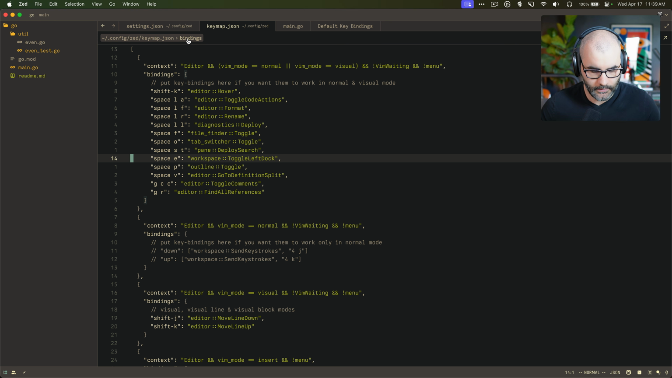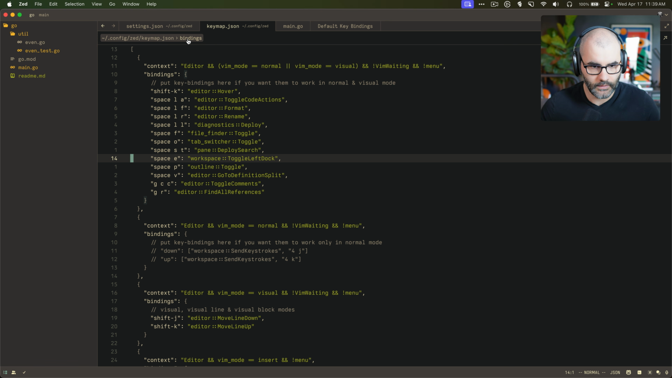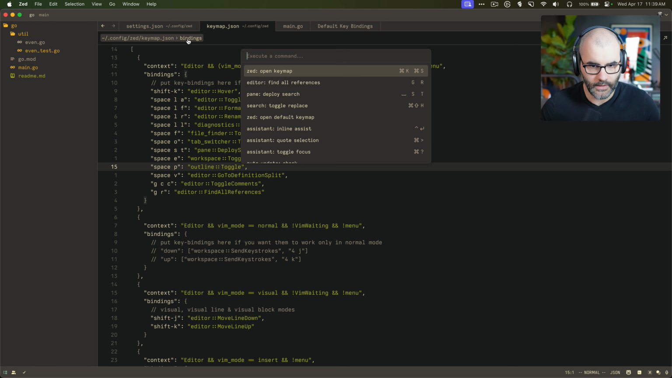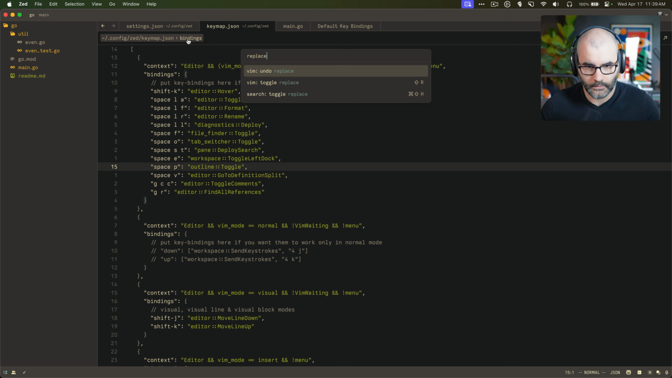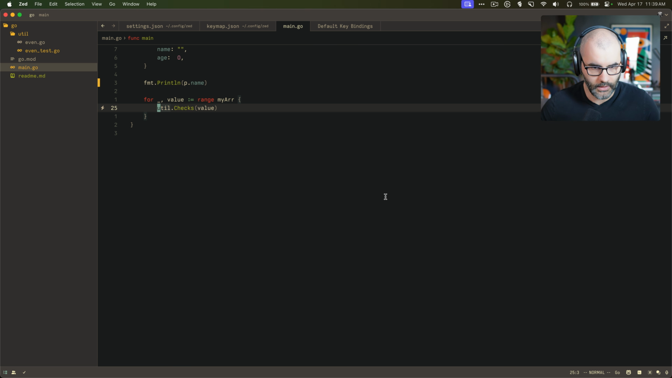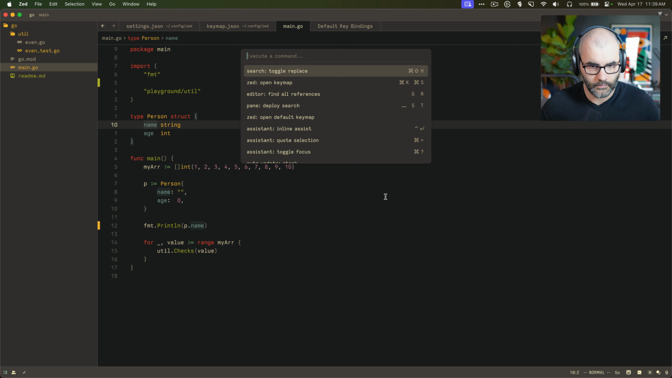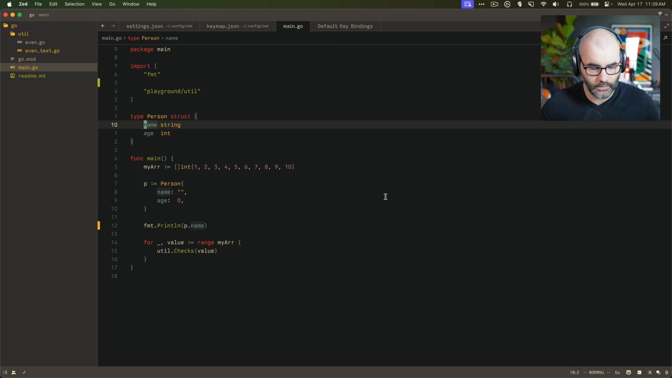Search and replace. Let's see. Vim toggle replace, search toggle replace. How does that work? Replace. Maybe you have to be in a code thingy here. Replace. Doesn't seem to work, so I don't know what that does. Okay, well,